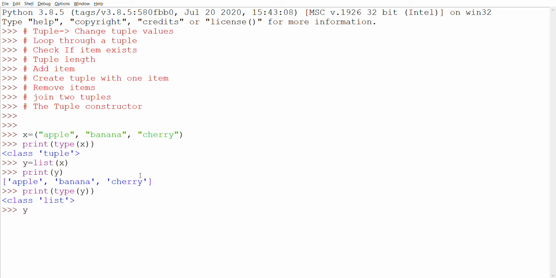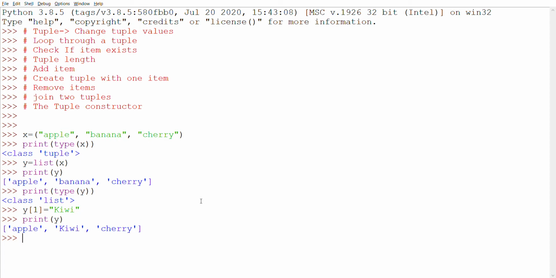Now I am going to set the values. y[1] equals kiwi. If I print y, you see apple, banana is converted to kiwi at position 1, with positions 0, 1, 2.